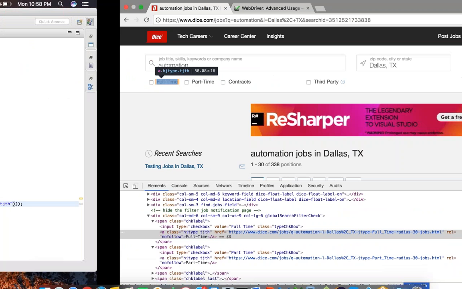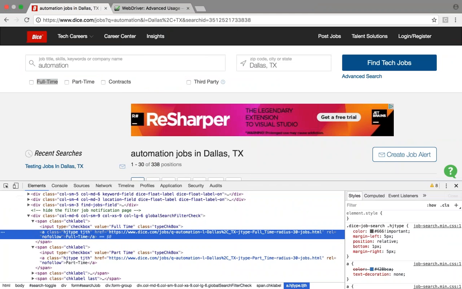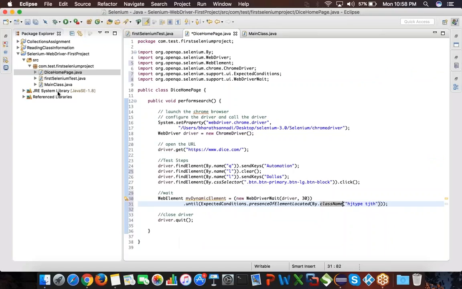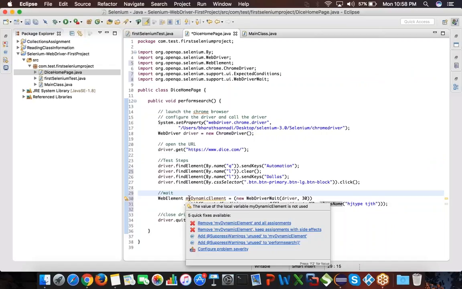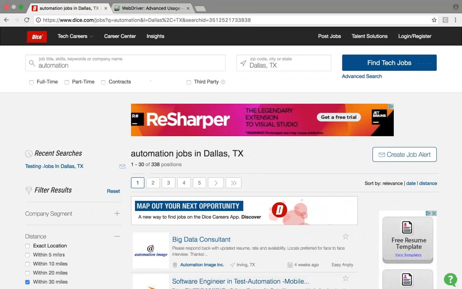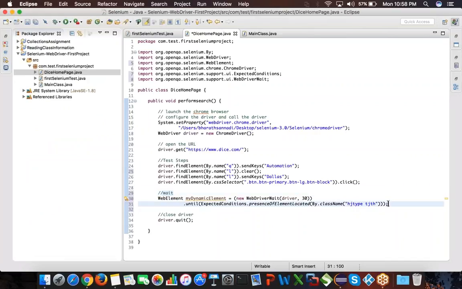So we are trying to wait for one element that is coming new in this page, so that we can wait for full time, and then this page, once it is loaded, so then we can just go and do something on that page. So we're trying to wait for that element, and then after that element we are trying to do some operation. Okay, so after that you can say,